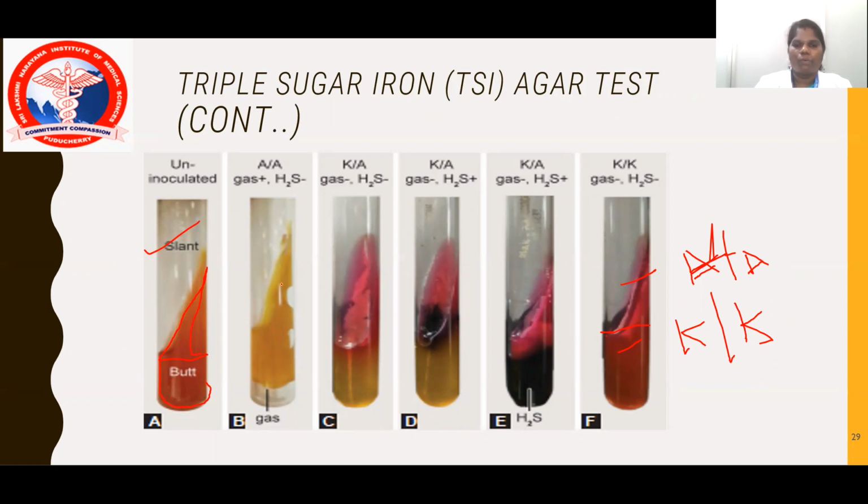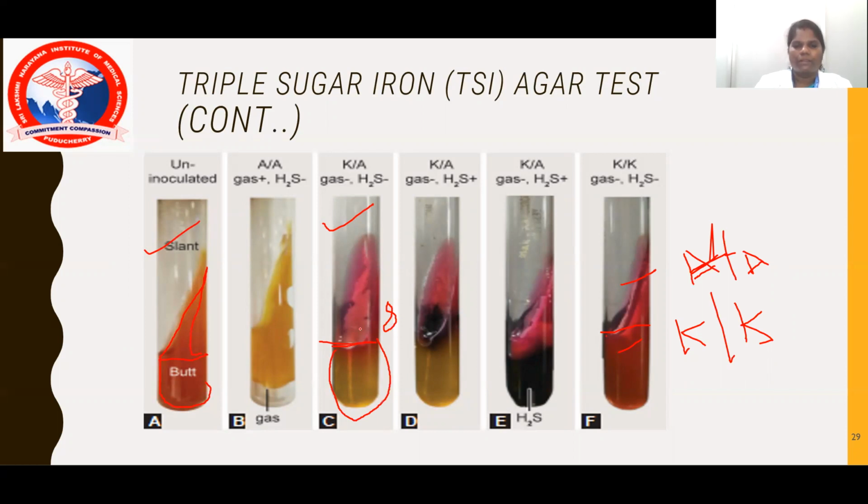And second, the organism can utilize only one sugar. For example, the organism can utilize only glucose alone. What is happening here? This is a classical example I'm going to explain. If the organism is able to utilize only glucose, which is present in the medium, it will start utilizing the glucose and produce the yellow color. That is acid production, detected by the yellow color. After 8 hours, the organism is not able to utilize any further sugar, because a few organisms are able to utilize only one sugar, that is glucose. The other sugars present in the media cannot be utilized.